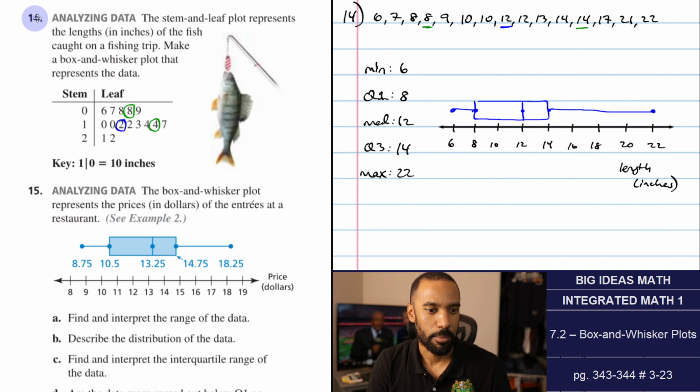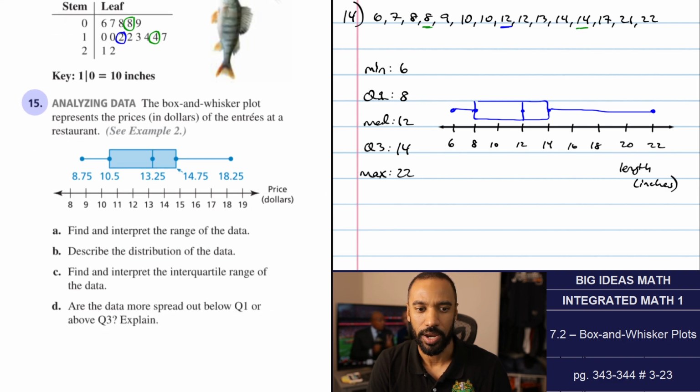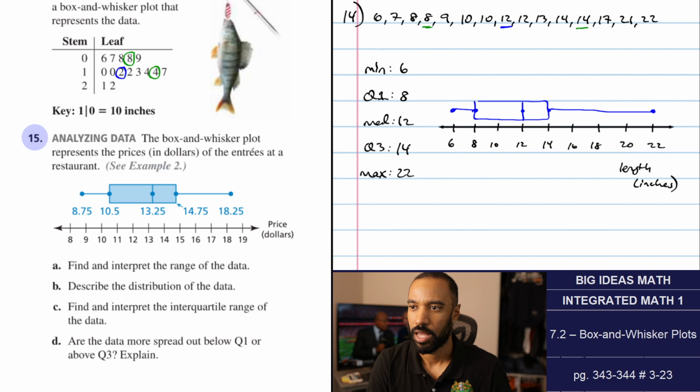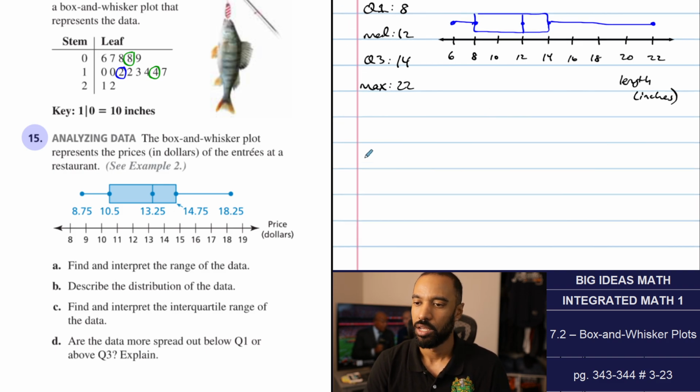Okay, analyzing data number 15. The box and whisker plot represents the prices in dollars of the entrees at a restaurant. So, how much they're priced at. So, for number 15, part A, find and interpret the range of the data. The range is going to be the difference between the max and min, right? So the range is going to take that max value,